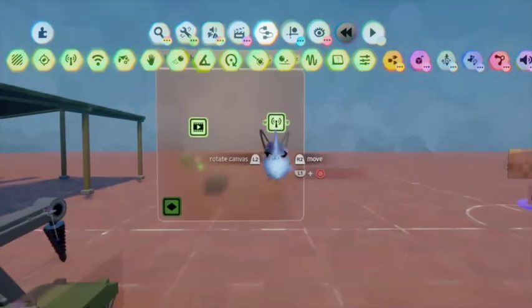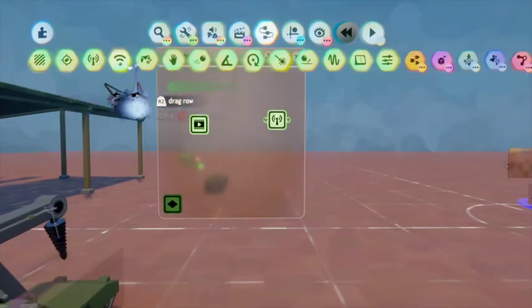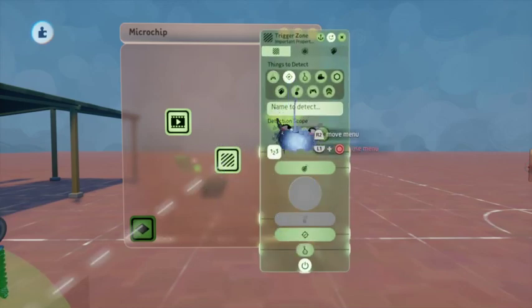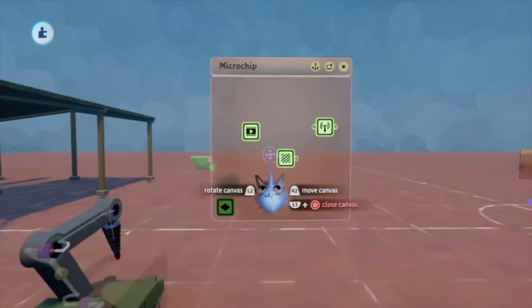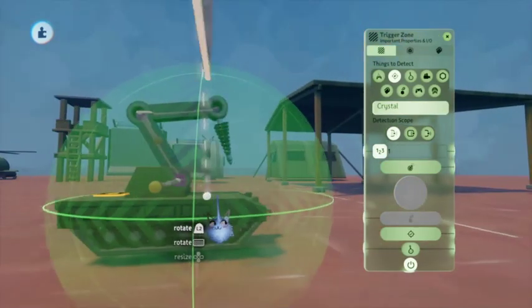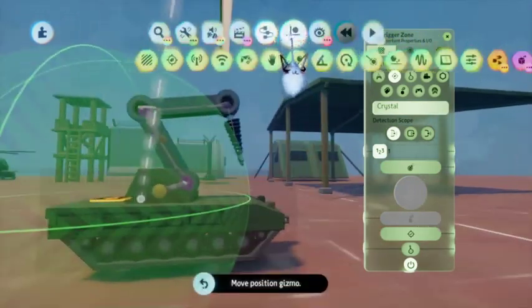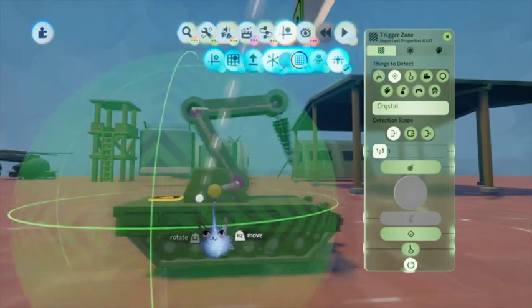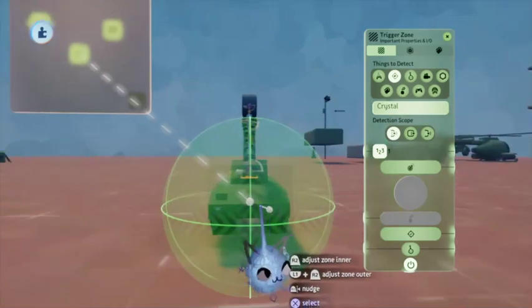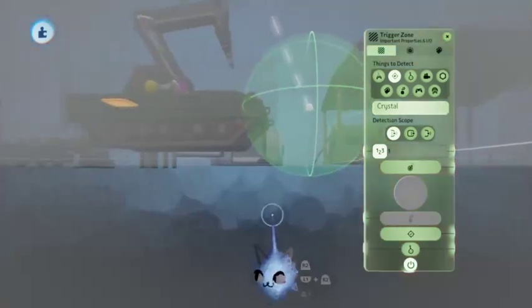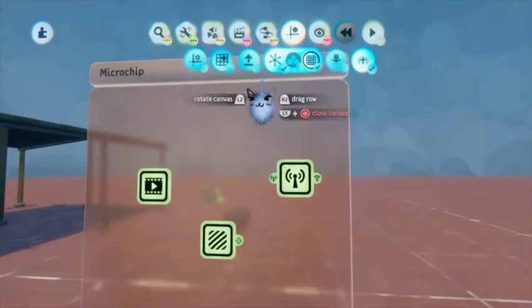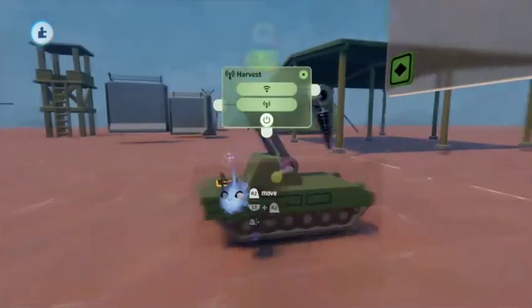So harvest, if we detect a crystal, we want to detect it right here in front of us. And we're going to go ahead and activate this guy,